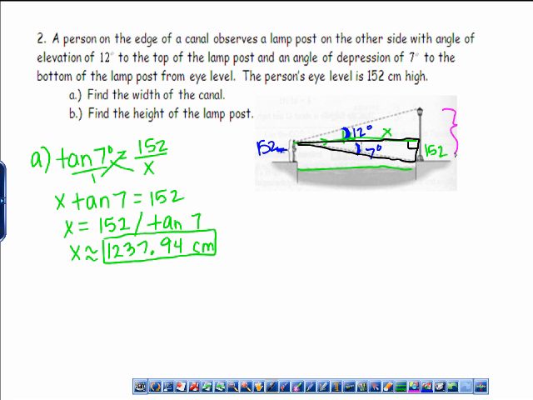So what they're looking for is, what is the whole height of the lamppost? Well, I already know the bottom section. I really just need to know the top section. So I'm going to put a little y right there, and then when I find out what y is, I'm going to add 152. I could have used any letter though. Okay, so let's think about this top triangle. According to 12 degrees, y is the opposite, x is the adjacent, that's another tangent. This time we're doing tangent of 12 degrees equals y over x, which we now know is this